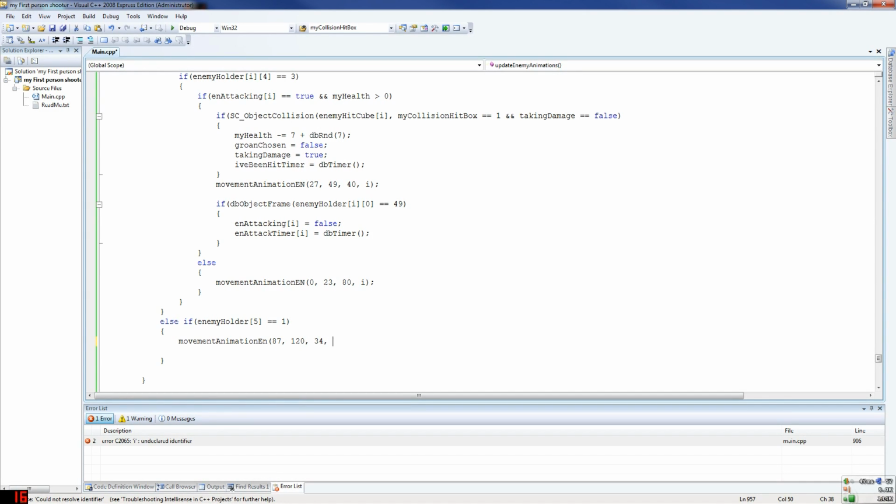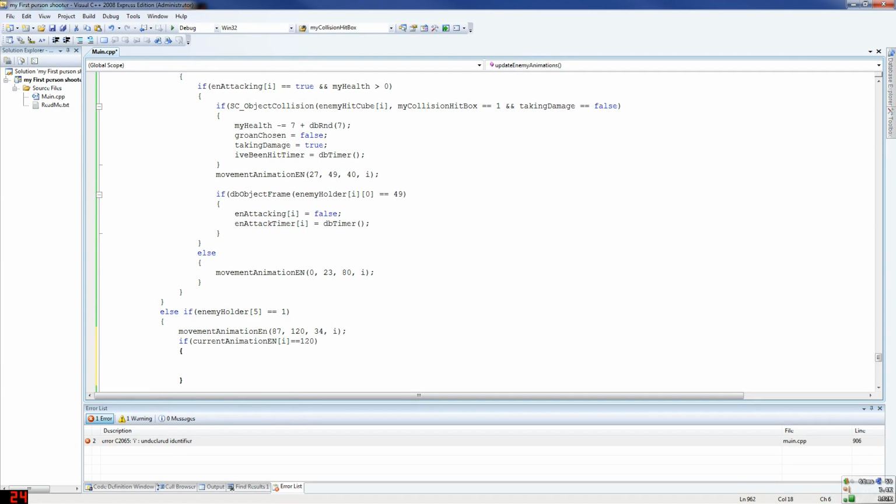We're gonna get rid of him. So it's not just the animation we got to do. We got to do a few other things. So if current animation en I equals 120. Now 120. I think his final frame would be something like 115, but 120 is basically a few frames after that. So we'll let him die, we'll let him fall on the ground, and then after a few milliseconds we'll get rid of him. Okay, so enemy holder